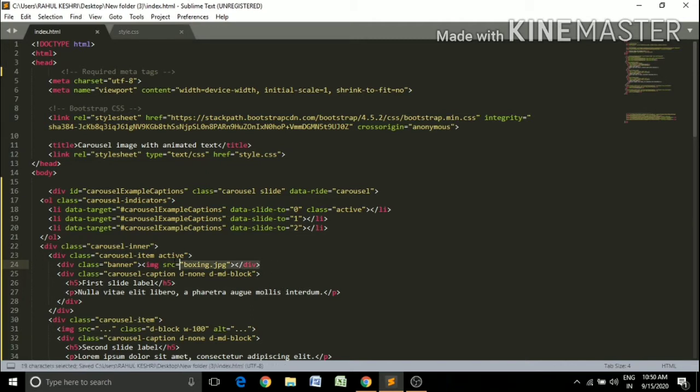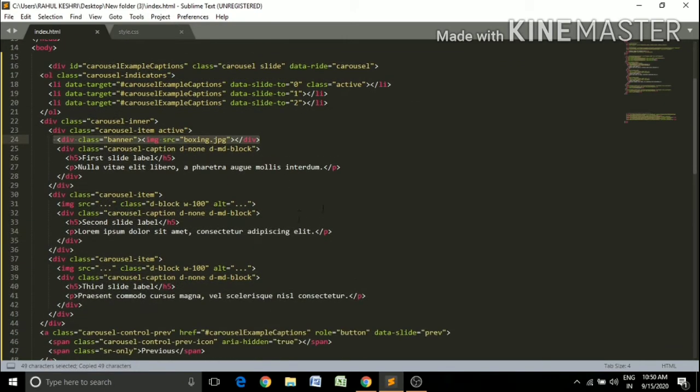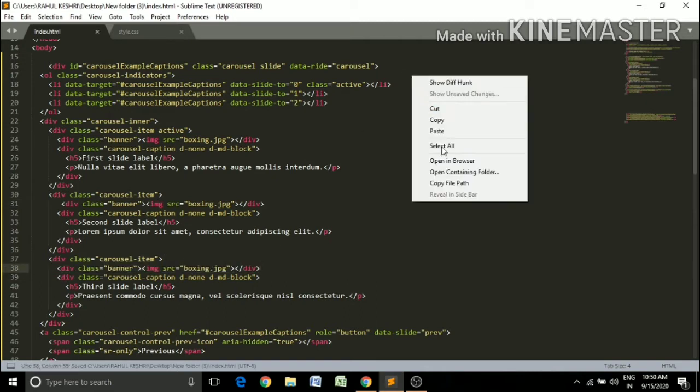So now I'm just going to copy it and paste it in every section under the carousel item. Okay, now just save it and open in browser.